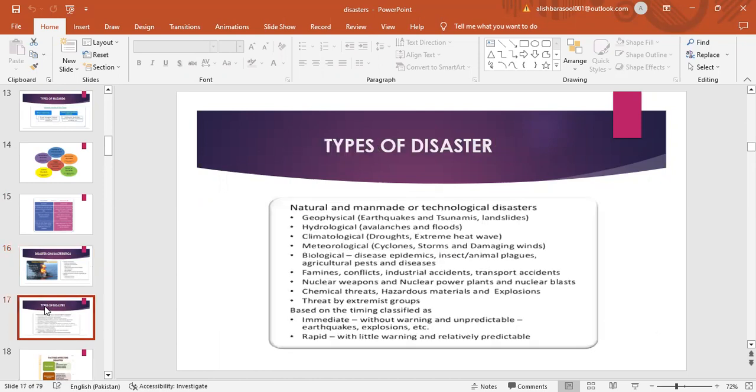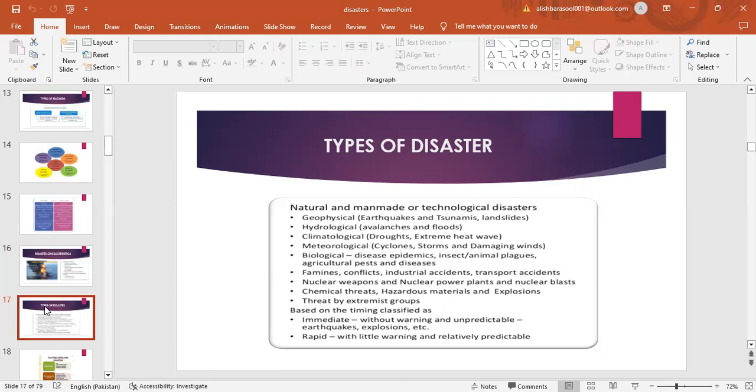Types of disaster: natural and man-made or technological disasters. Geophysical: earthquake and tsunamis, landslide. Hydrological: avalanche and flood. Climatological: droughts, extreme heat wave. Meteorological: cyclones, storms, damaging winds. Biological: disease, epidemic, insects, animal plagues. Agricultural: pests and diseases, famine. Conflicts, industrial accidents, transport accidents, nuclear weapons, nuclear power plants, nuclear blasts, chemical threats, hazardous materials and explosions, threats by extremist